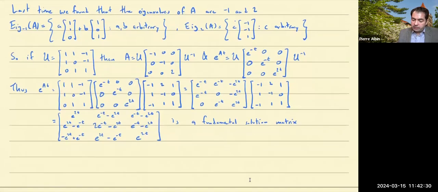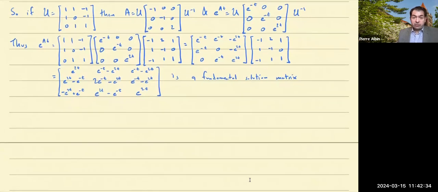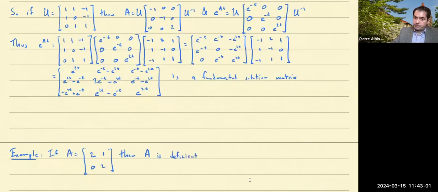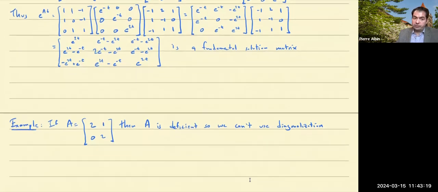Okay, so this works great as long as you can find a complete set of eigenvectors. But as we know, there are matrices that do not have complete sets of eigenvectors, right? So for example, if A is the matrix 2, 1, 0, 2, then A is deficient, so we can't use diagonalization. In diagonalization, we start by finding a complete set of eigenvectors, and this one doesn't have a complete set of eigenvectors. However, this one is easy enough to compute